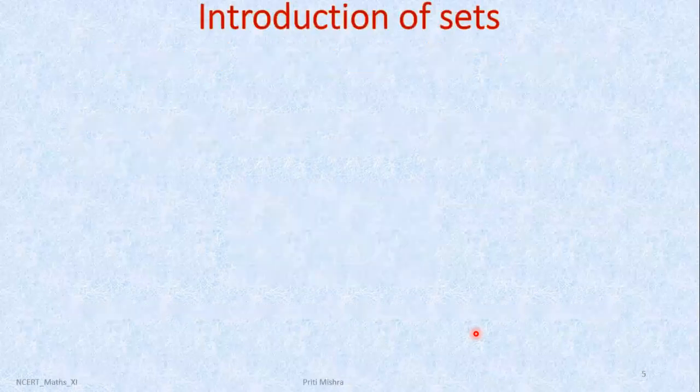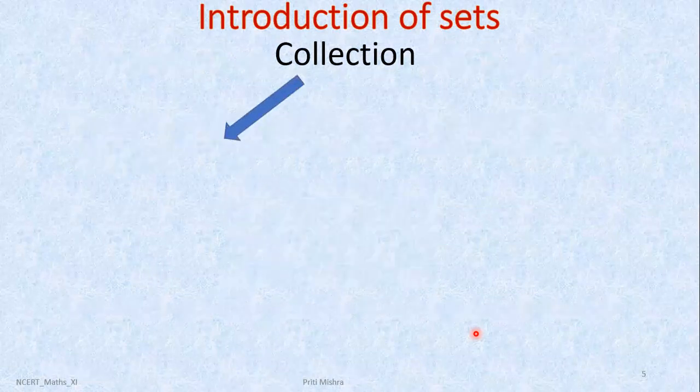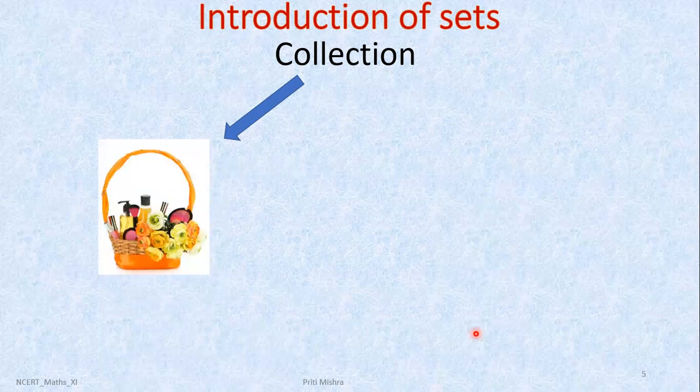Now let's start. What is a set? Basically, a set is a collection of objects, but there is a difference between collection and sets. So here we have to explore that difference between these two terms, collection and sets. We will make it more clear with the help of pictures. Here I am showing you, this is a basket which is containing various types of objects. All different objects are kept in this basket.